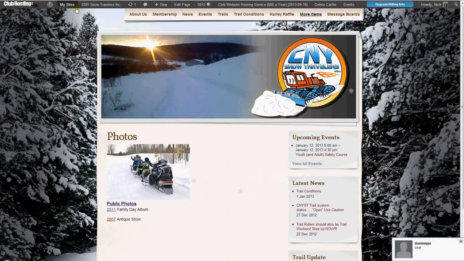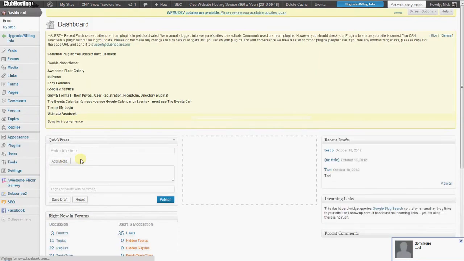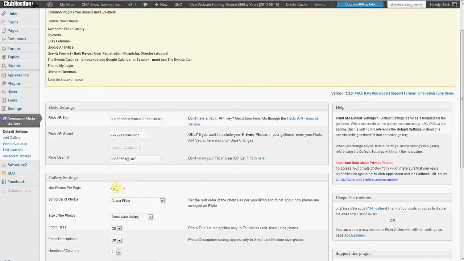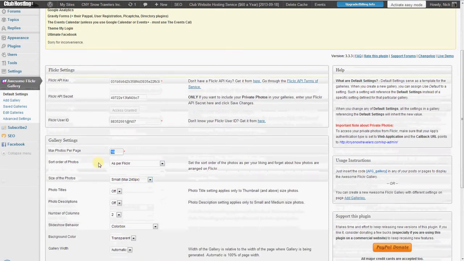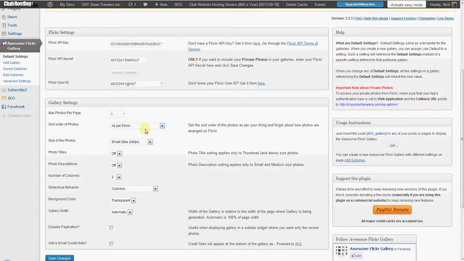And then when you create a gallery inside the dashboard, you can select that. Now, if you're an older customer of ours, you probably have the gallery default set to maximum photos per page 10. Let's change these real quick just to make things a little bit easier. When you want to create a gallery like a group pool, you can display multiple photos at once. But I like to do it one photo per page. Sort order be random. Size of the photo small, photo titles off, photo descriptions off, number of columns 1,